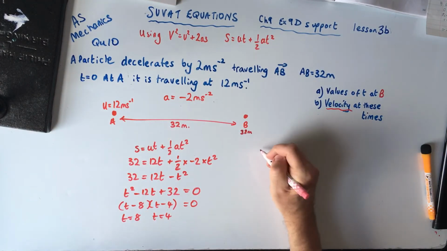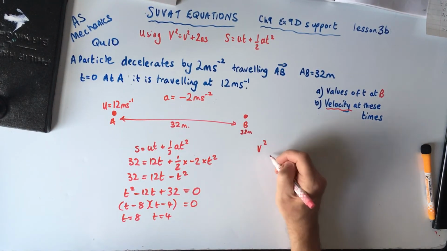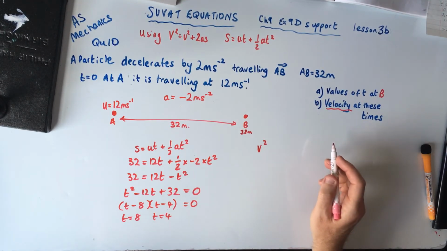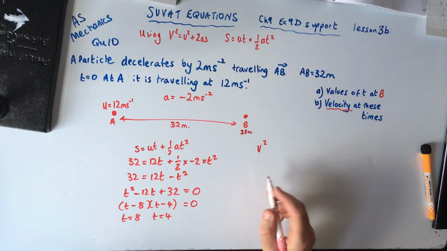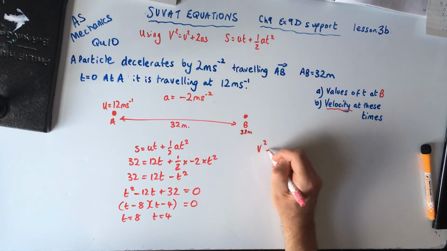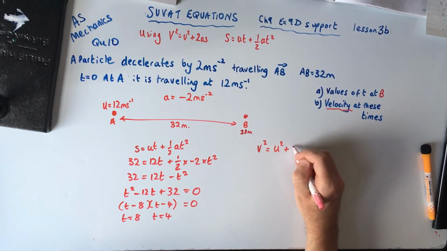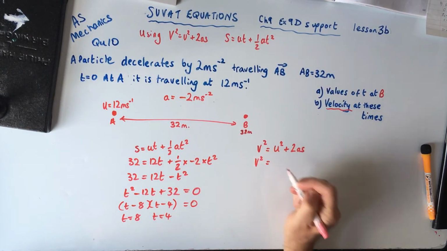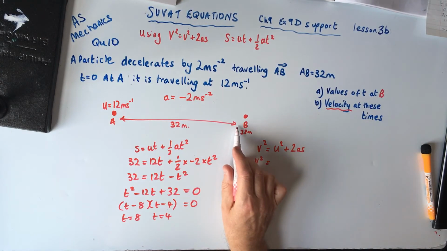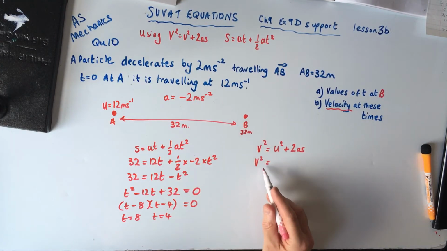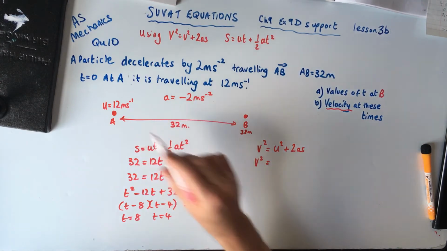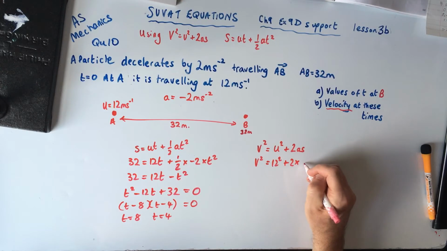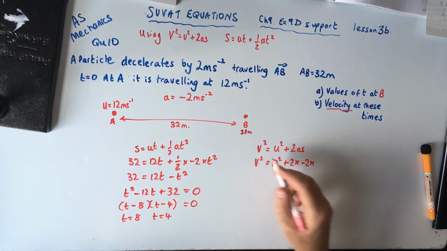Okay, so for that we can go v squared is, what are we doing actually? The velocity at these times. So we can go v squared is equal to u squared plus 2as. We could use that one, and we want the velocity at this particular point, when it crosses here. I'll just use that one. So v squared is equal to 12 squared plus 2 times acceleration, which is minus 2, times the distance, which is